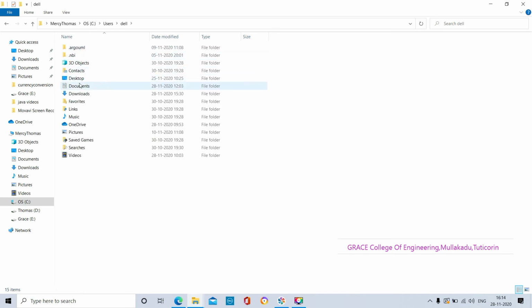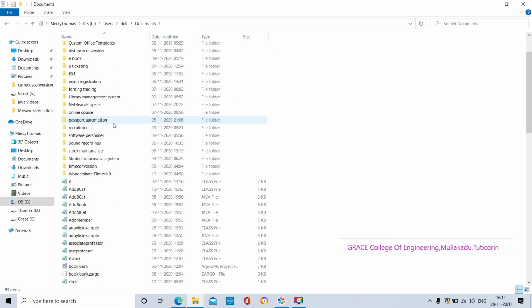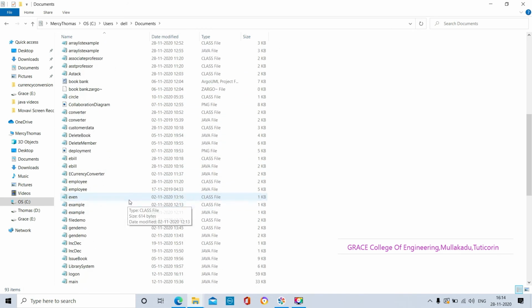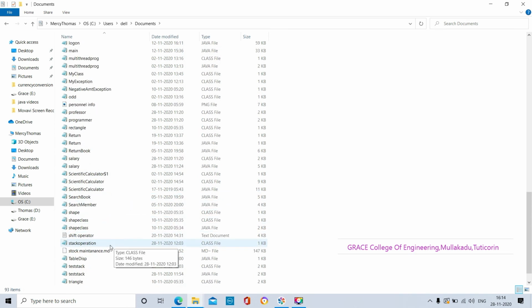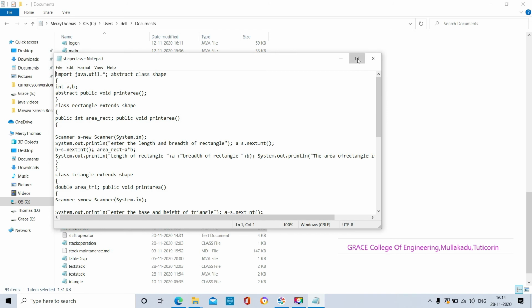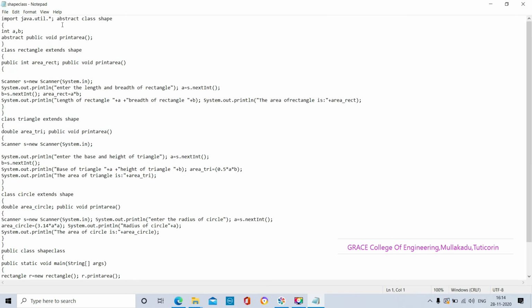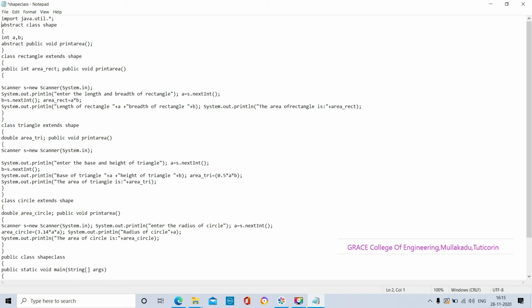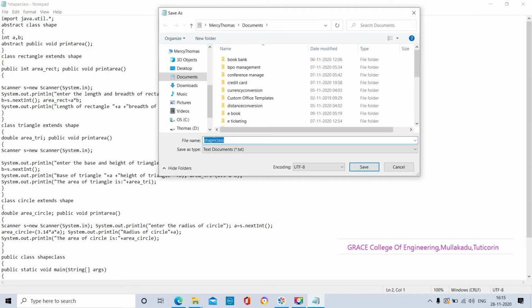In the Users folder, Dell folder, Documents folder, I have the ShapeClass.java file, which I wrote in Notepad. After a semicolon is the next statement; if it is not on the same line, no problem. I have to save in the format of class name dot java. We should give the extension .java.